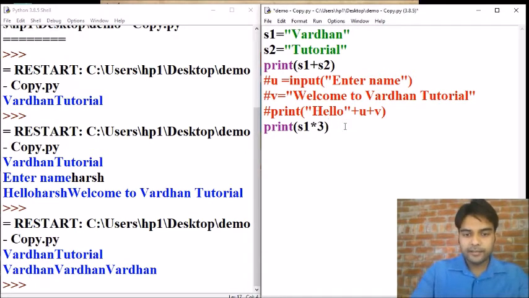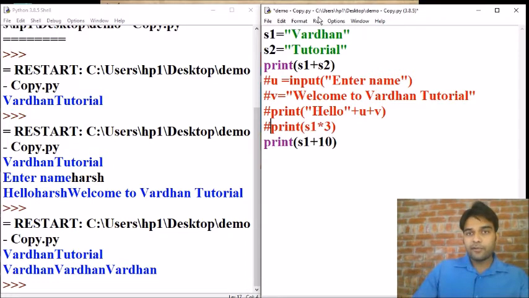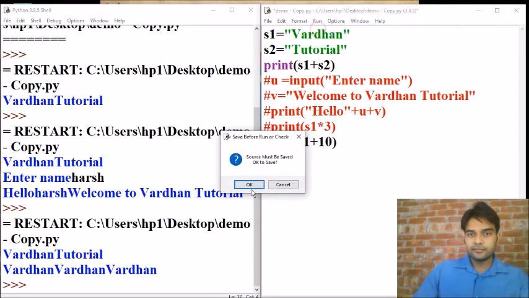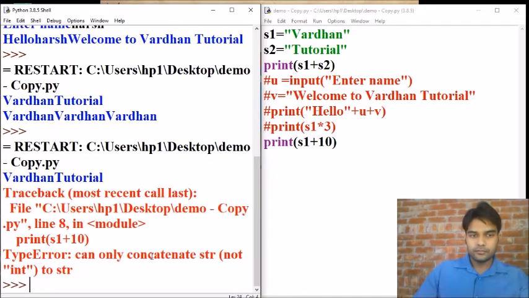Now we write print s1 plus 10. In this case, 10 is an integer and this is a string, so no addition will be performed. See, integer to string.